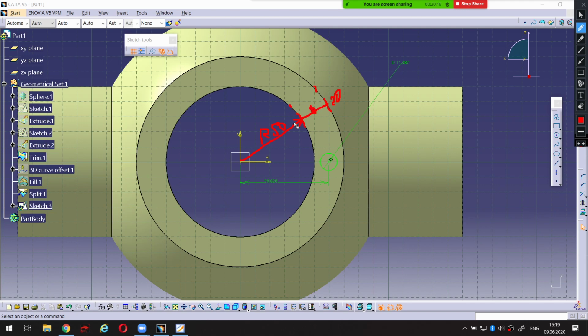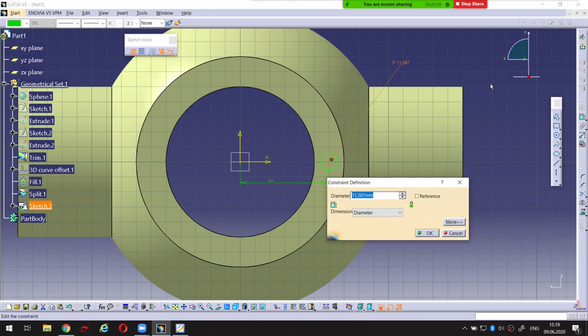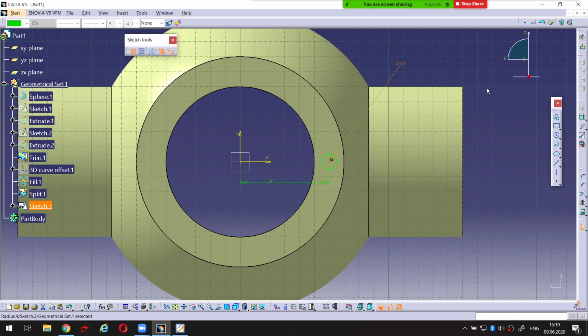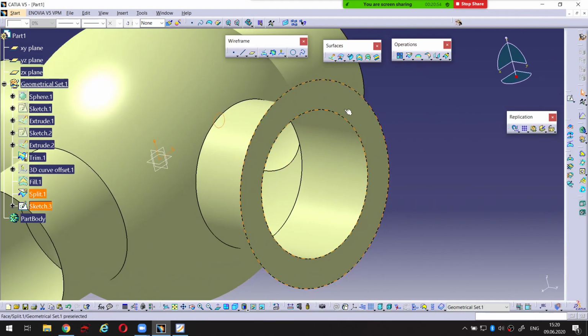Okay, so that means the center between these two circles are 60 millimeters far from origin point. Something like this. Okay. So that's why I guess this dimension will be 60 millimeters and this one will be maybe 10 millimeters. Okay, that is not exact dimension, the exact value of diameter, but this one should be an exact value. Okay, so that's okay. I exit sketch workbench and